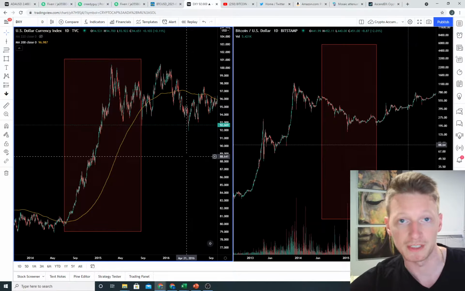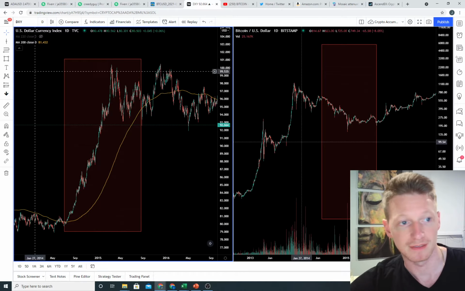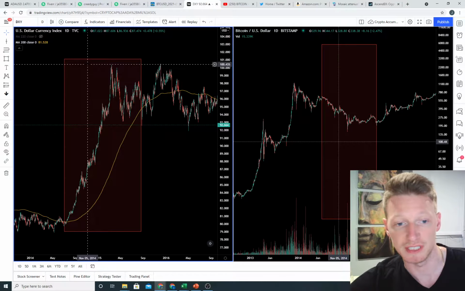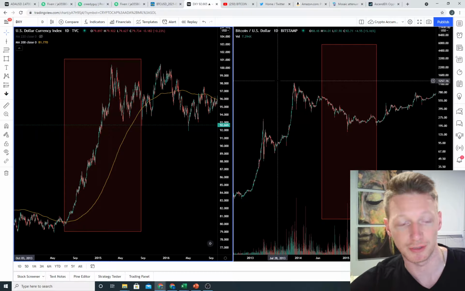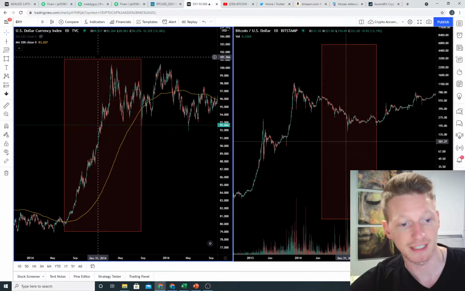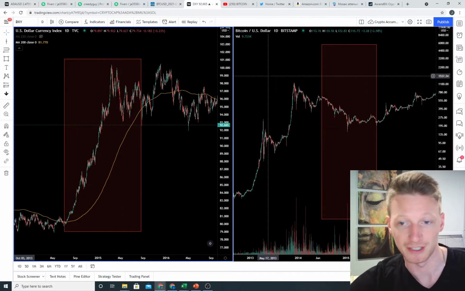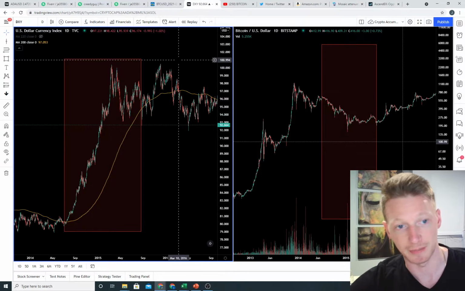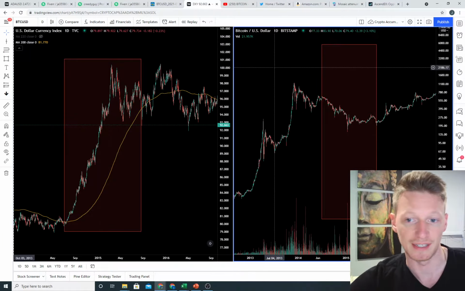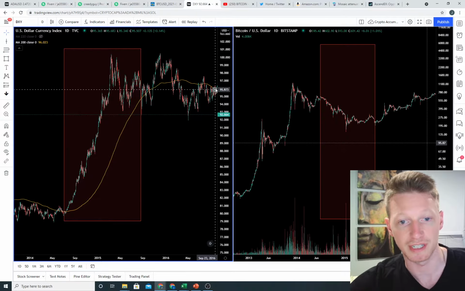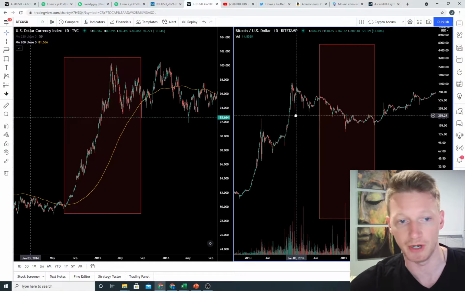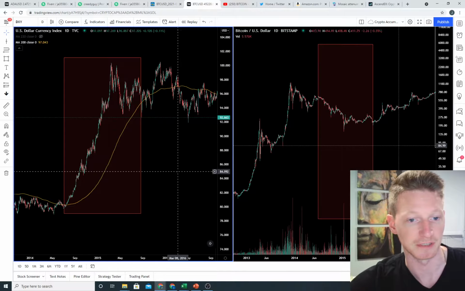So today what we're going to do is talk about the US dollar currency index and how it relates to the crypto market. I personally think this is actually one of the most important indicators out there that almost no one is talking about and no one uses. And implementing this into your trading strategy can really help you guys make some more informed decisions.